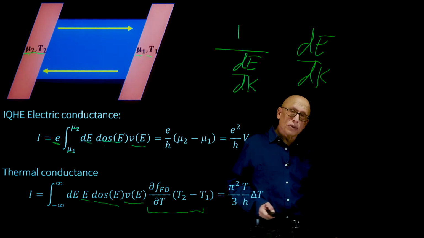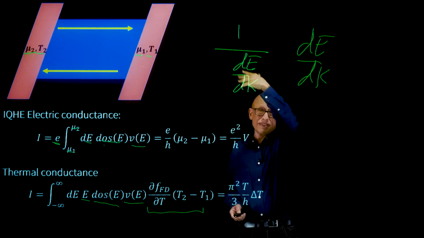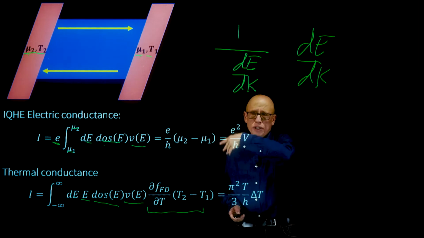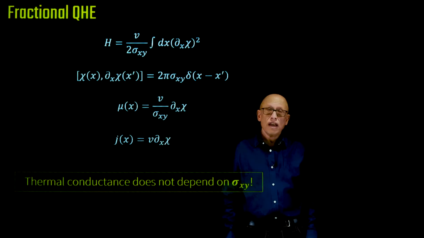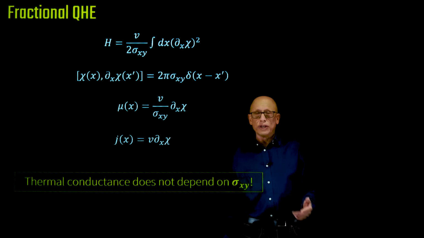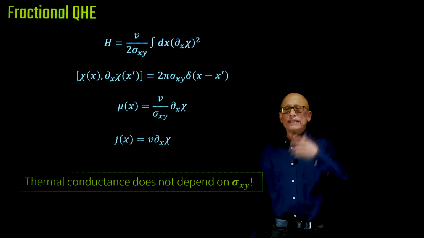This is the integer quantum Hall state. This is the simplest of all. It's a single edge mode, non-interacting fermions. What happens if we go to the fractional quantum Hall effect? Well, again, the first thing we want to look at is the electrical conductance, and the second will be the